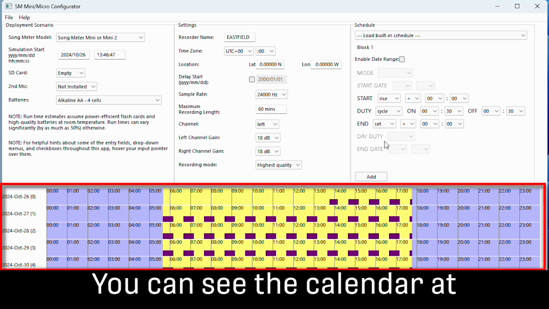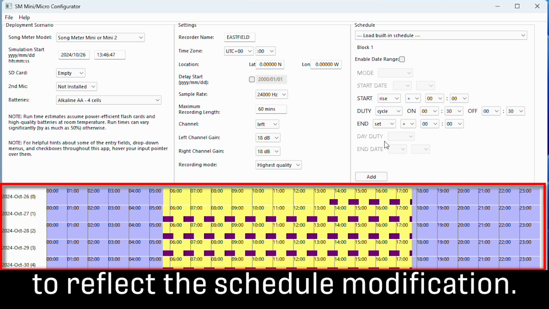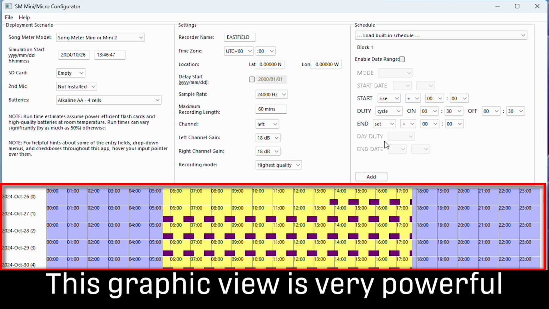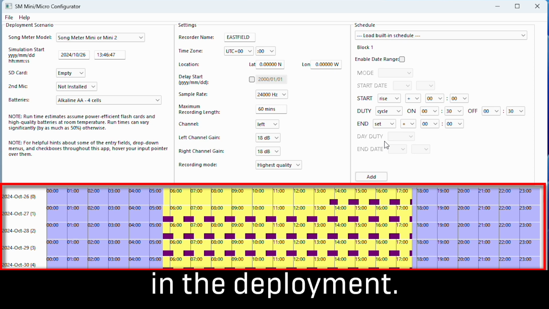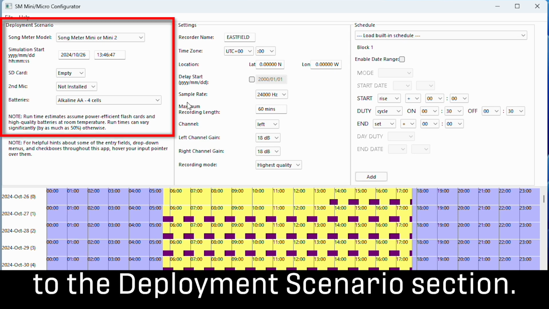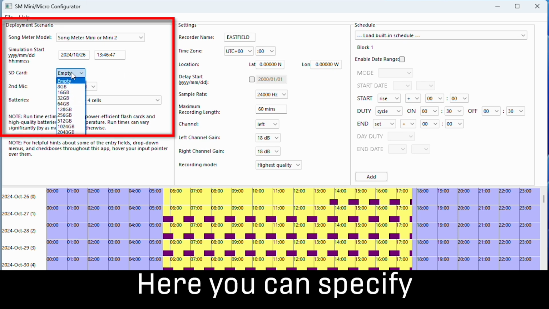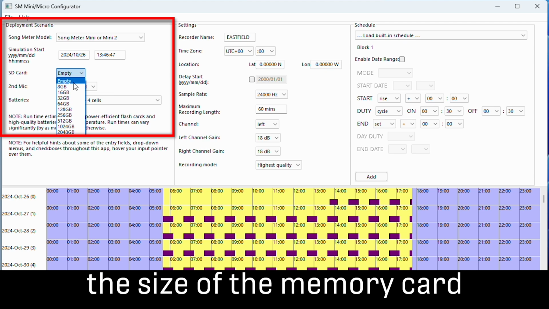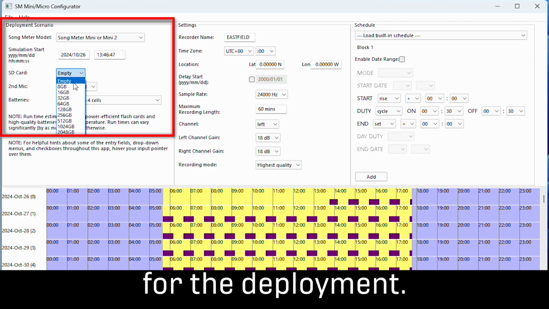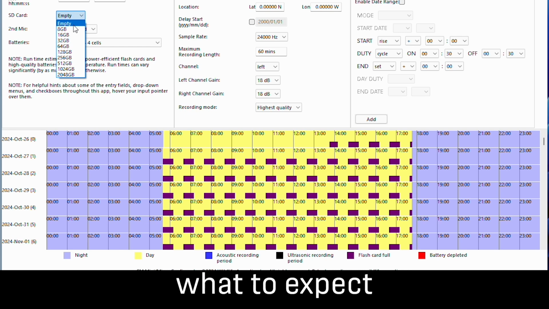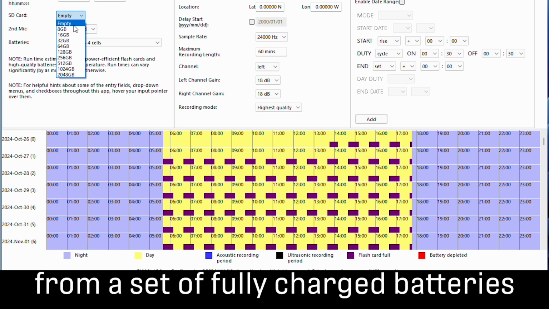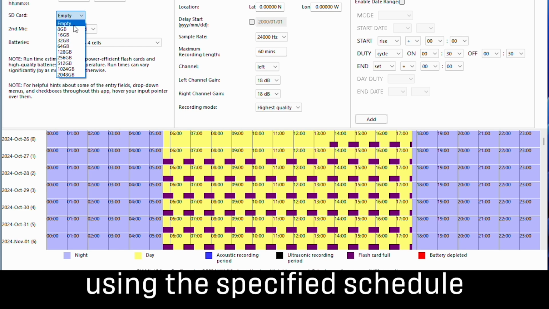You can see the calendar at the bottom has changed to reflect the schedule modification. This graphic view is very powerful to see exactly what will happen in the deployment. And now we get to the deployment scenario section. Here you can specify the size of the memory card which you will use for the deployment. The calendar will then show you what to expect from a set of fully charged batteries using the specified schedule